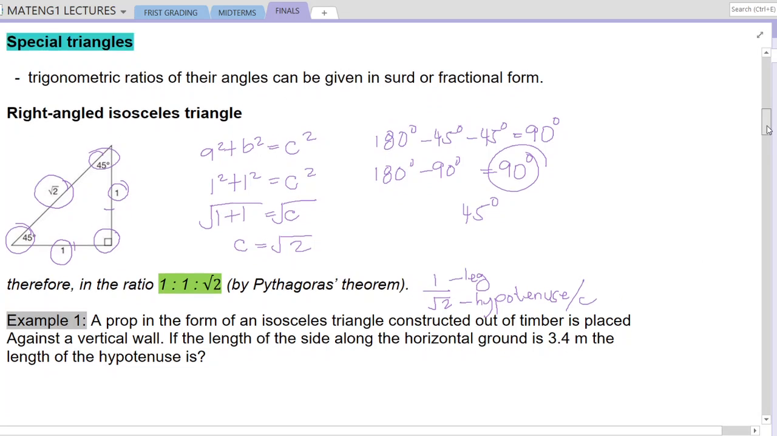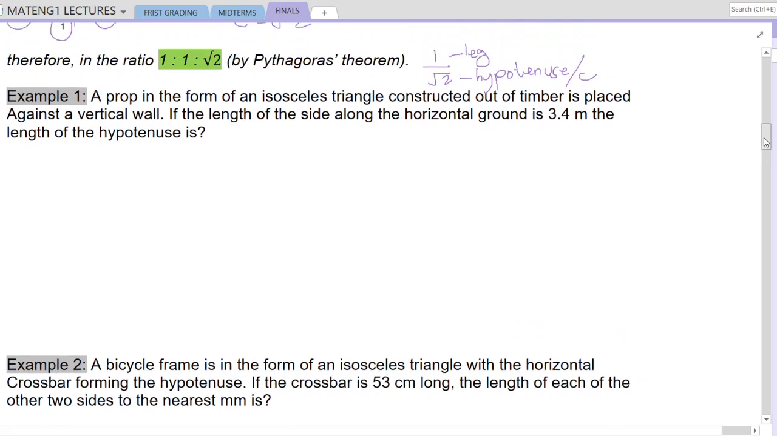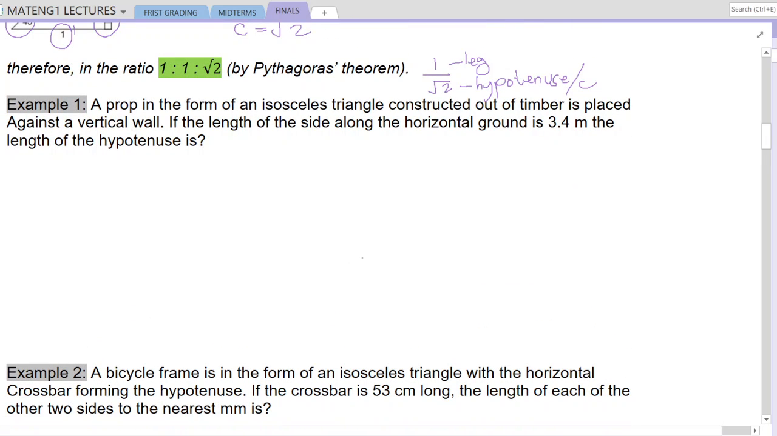Okay, so having that one, we have there the example number 1. A prop in the form of an isosceles triangle, it means that it has two equal sides, constructed out of a timber, is placed against a vertical wall. If the length of the side along the horizontal ground is 3.4 meters, the length of the hypotenuse is the requirement. Okay, so having that one, if I'm going to draw that, so if this will be the prop that lies in the vertical wall, from the horizontal, since this will be the datum, that is the horizontal,